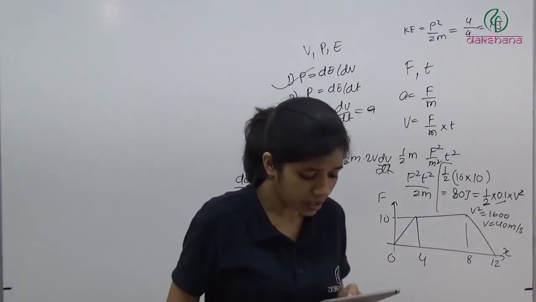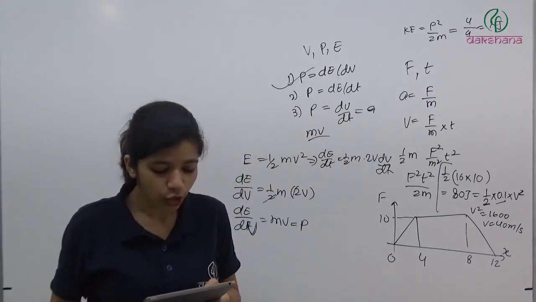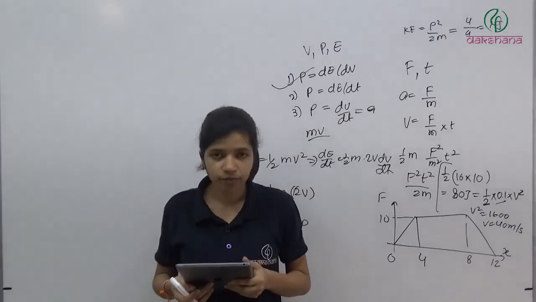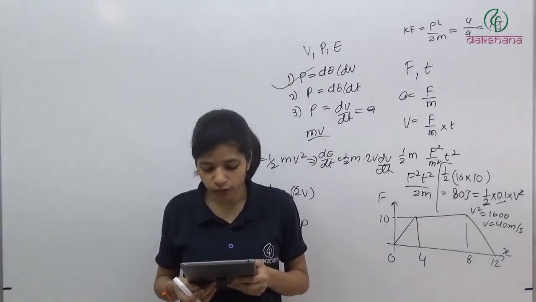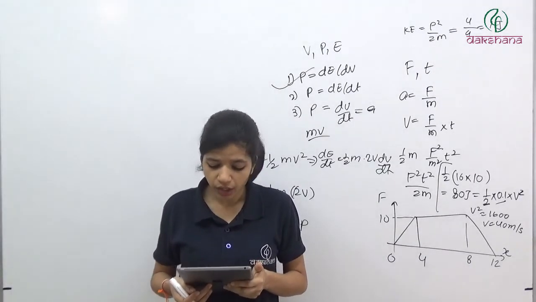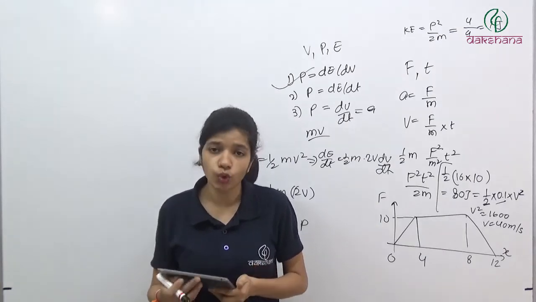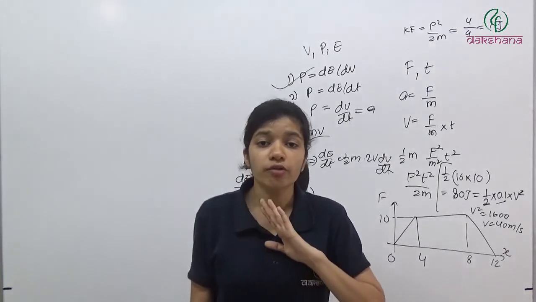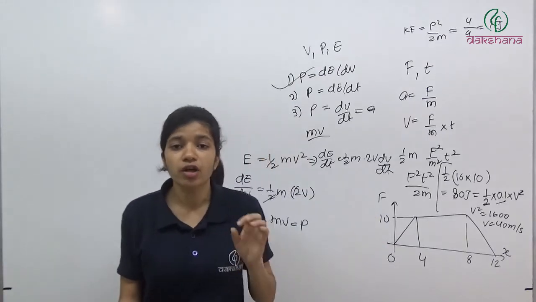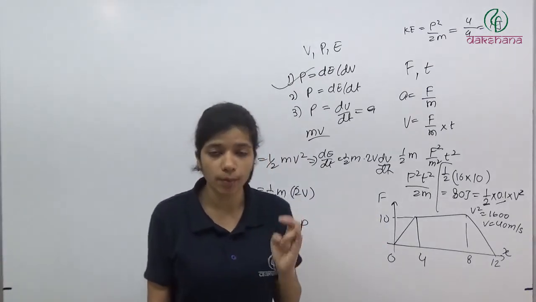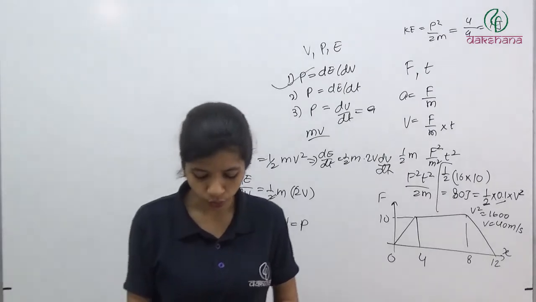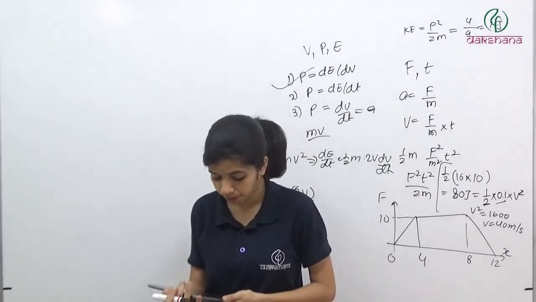Now question number C8. The total work done on a particle is equal to the change in its kinetic energy. Always? Only if the forces acting on it are conservative? Only if gravitational force is acting on it? Only if elastic force is acting on it? No. When we derived it, we took the work done by all the forces: internal, external, conservative, non-conservative. Work done by all the forces on a particle is equal to the change in its kinetic energy. It is always true. So the answer will be 1.